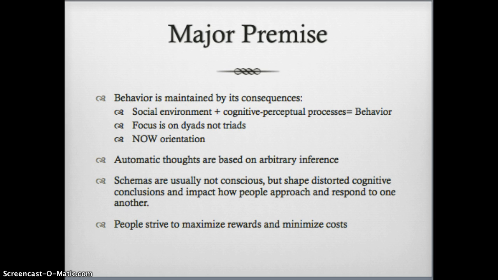You'll notice several words that pop up a lot in this approach, and that would be schemas, which are ideas about how we come to know something and can change over time. And then cognitive distortions, which are thoughts that really aren't rational. They don't really match what would be a functional way to think about people as they move through their environment. So in general, people strive to maximize rewards and minimize costs. So most people try to get the most out of a situation and do the least amount of work, if that is considered to be a cost, or to avoid getting into trouble, and those end up being things that